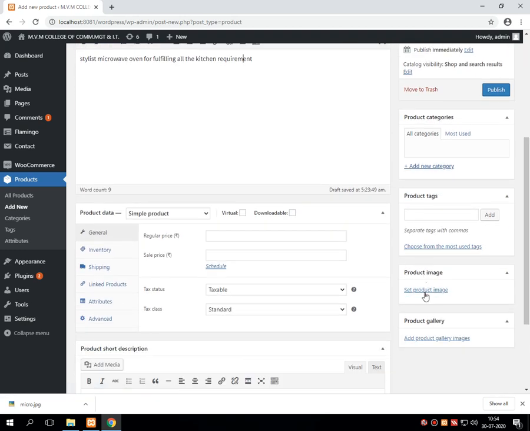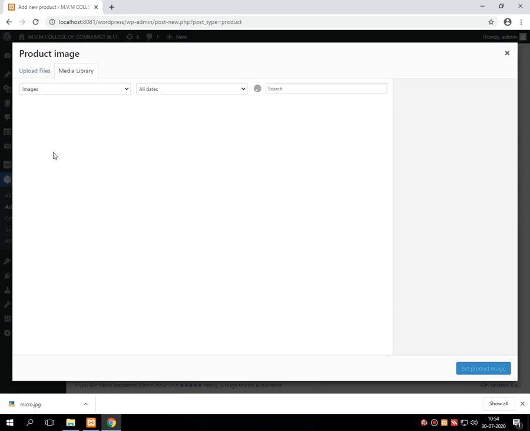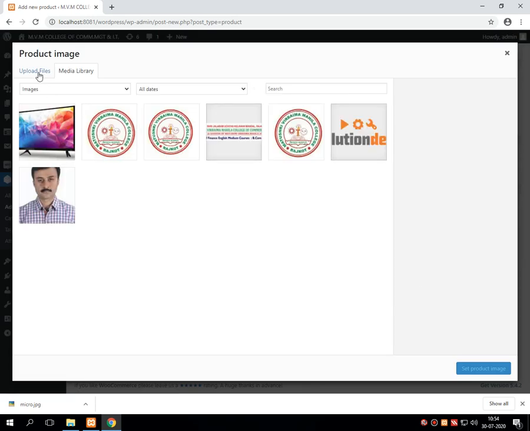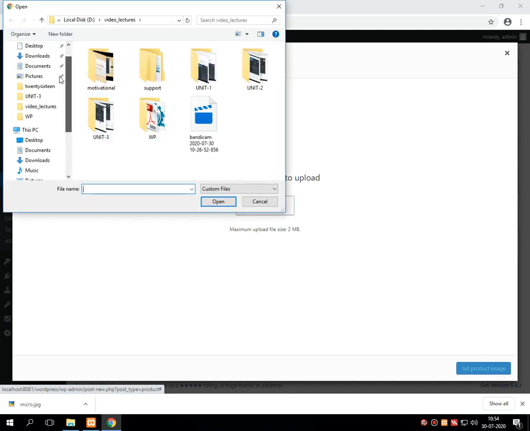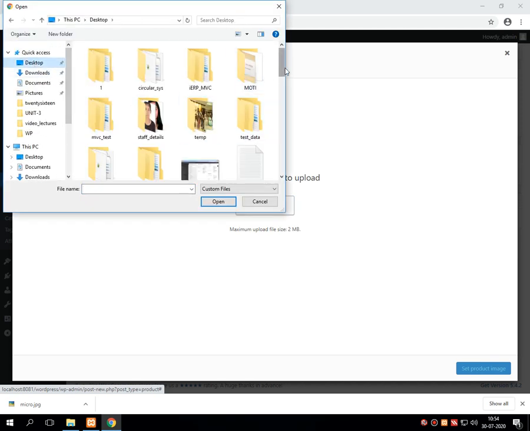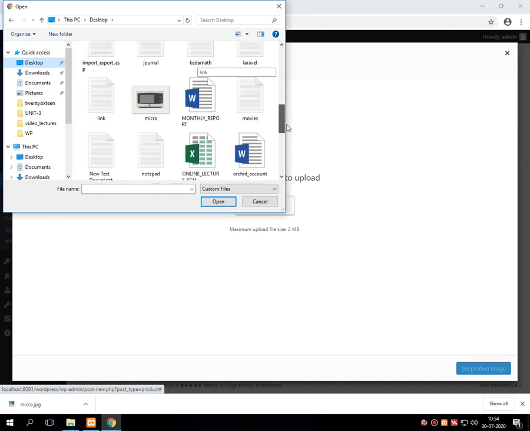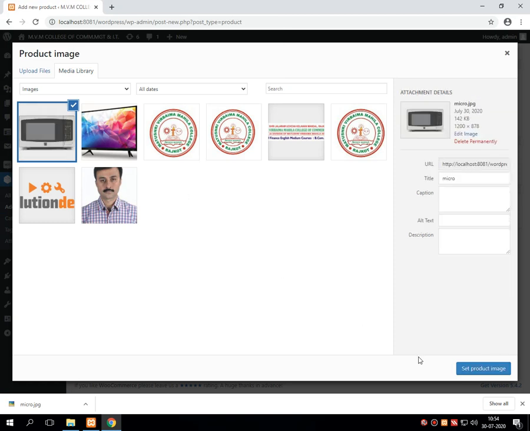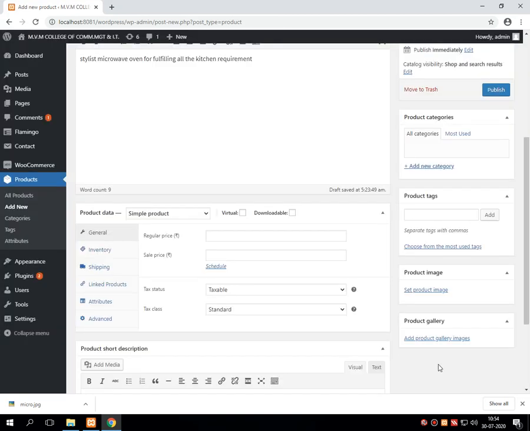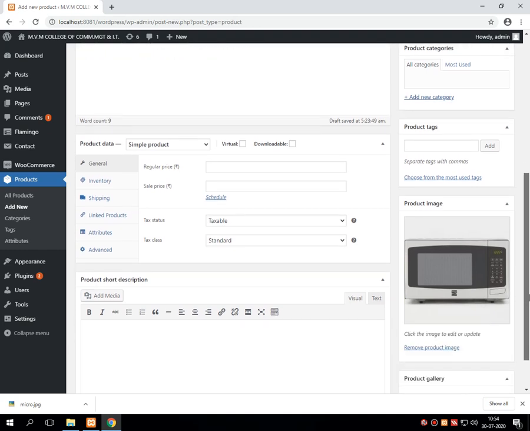Then into the product image, I am setting the product image, just clicking on the product image, and I am uploading the product image which I have downloaded on the desktop, with the given name called micro. Once it is done, I am setting this particular image.